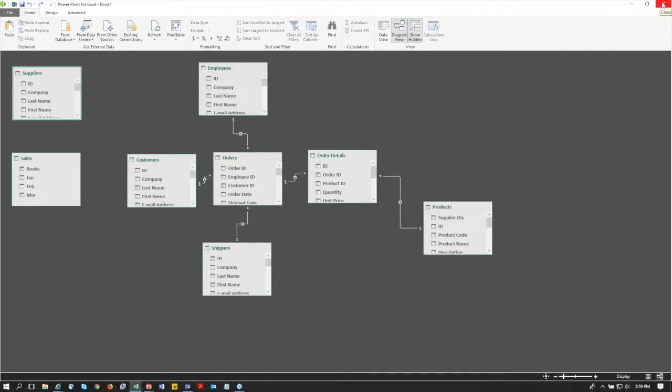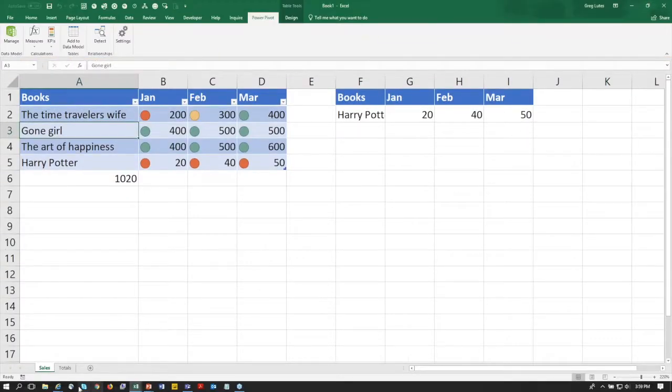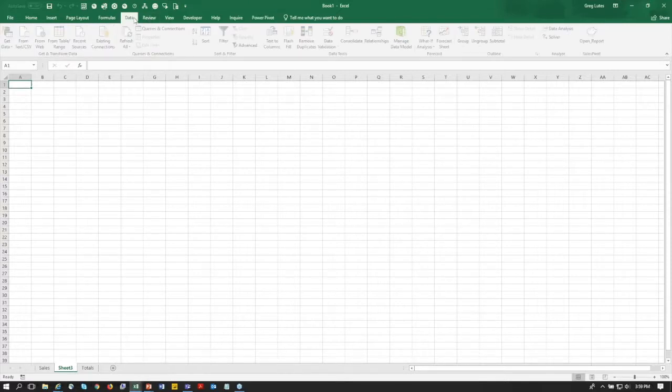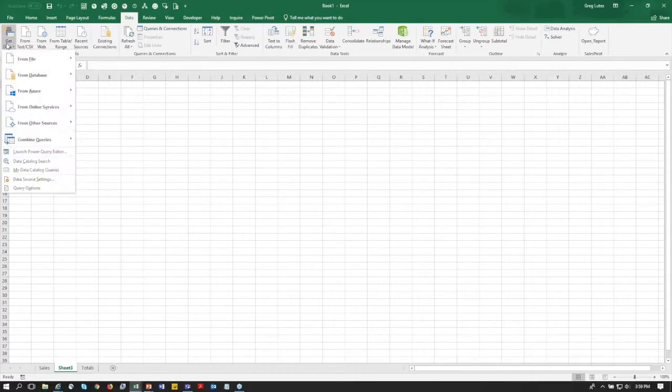All right, let me get out of here. And I'm going to go back to Excel. Let me insert another sheet. I mentioned PowerQuery, and in 2016, it's in the Data tab, and it's called Get and Transform. If you go to your PowerQuery tab, it's still called Get and Transform. Either way, go to Get and Transform, and I got lots of ways of getting data,